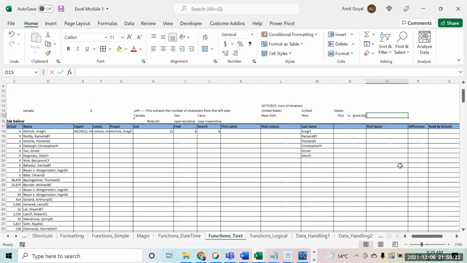So what I can do is I can say equal to trim. And if I say this text trim, what the trim will do is actually remove all additional spaces. It will just keep one space over there. So this will just remove those additional spaces and keep only one space within the text. So this is the function that we use to remove those extra spaces.